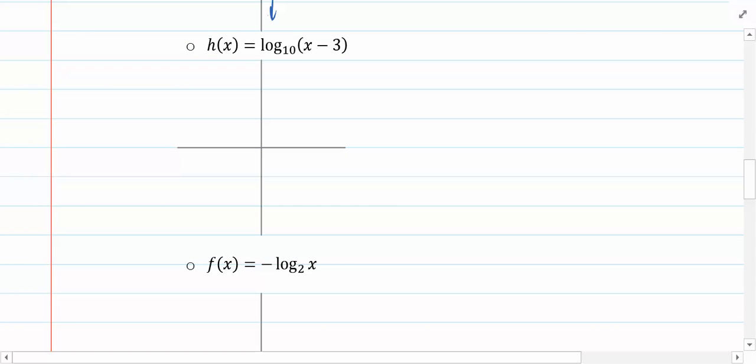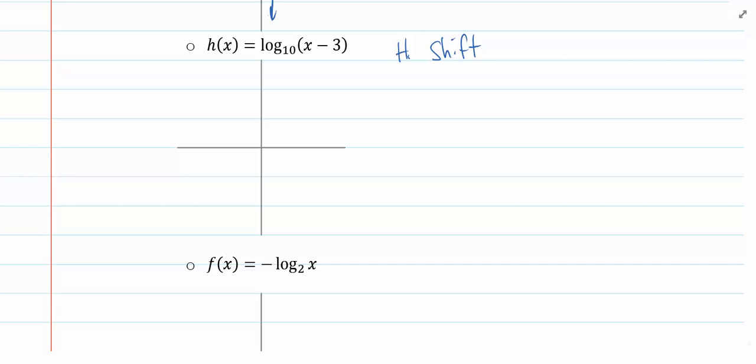h of x is equal to the logarithm base 10 of x minus 3. Well, here in this case, we've got a subtraction of a number, so that's a shift. We're subtracting a number. It's just like adding a number. That's shifting an object. Now, since this number is being subtracted from the inside of a set of parentheses with our function, that means it's a horizontal shift. And when we subtract 3, since we're applying a number on the inside of the parentheses, we need to be thinking of our opposite direction. This should produce a horizontal shift to the right